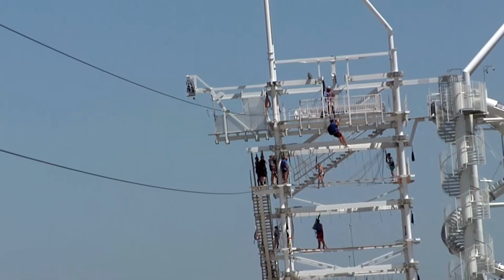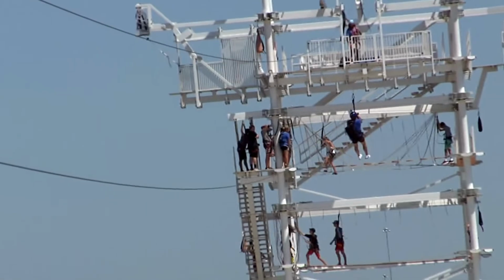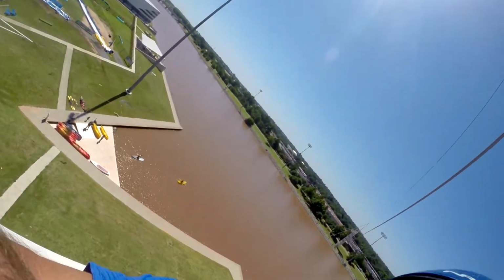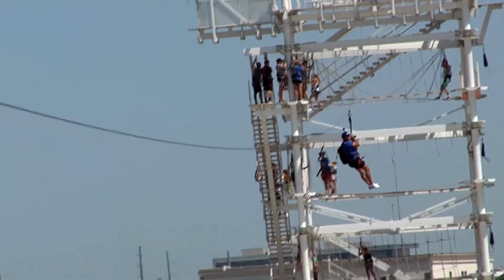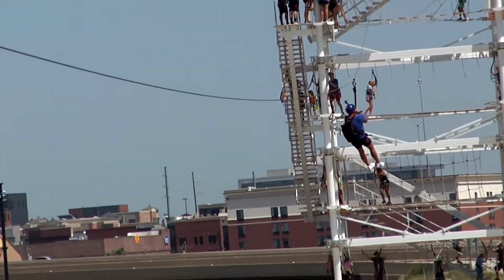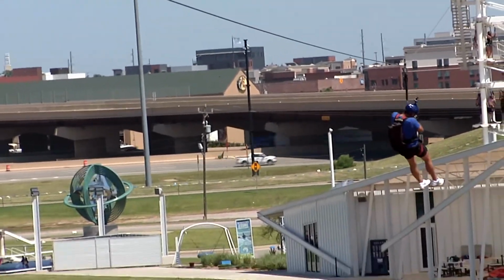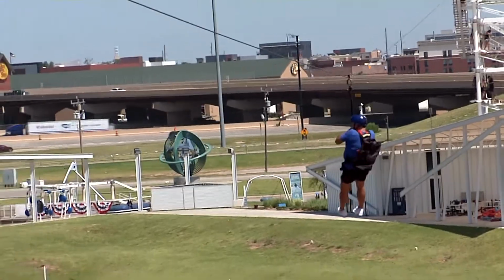No, I'm not totally lacking the zippity part of my doodah day. I'm just zipping across the Oklahoma River. However, as I approach 50 miles an hour, I'm having second thoughts. And now that I've hit 60, I'm having third or fourth thoughts. But I finally came to the conclusion that as I'm about to stop here on this zip line, Oh, there's